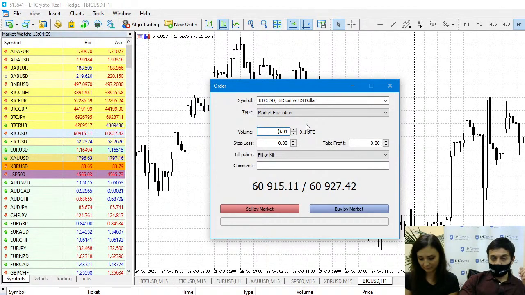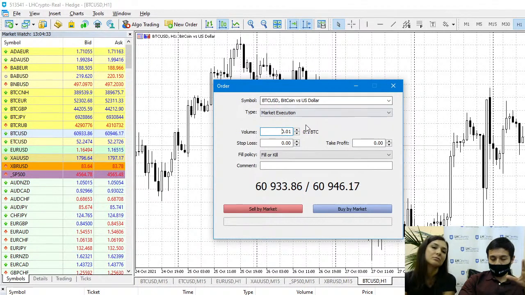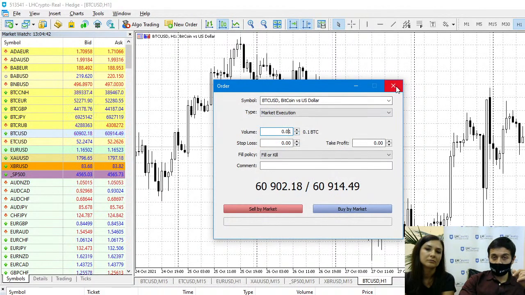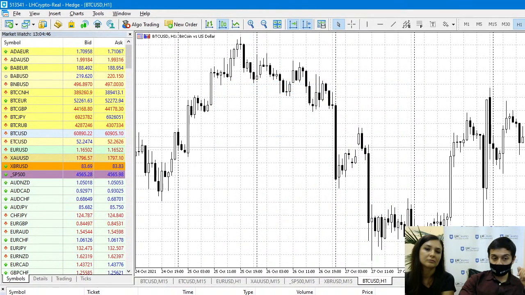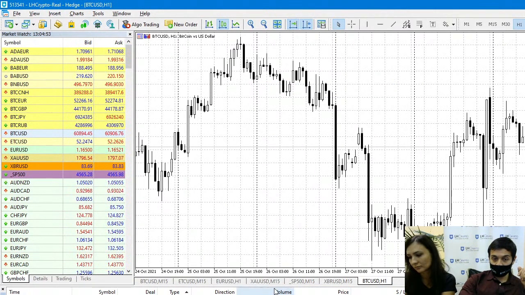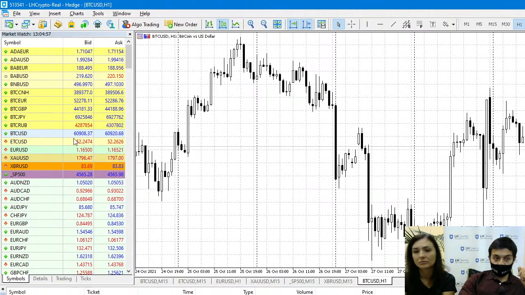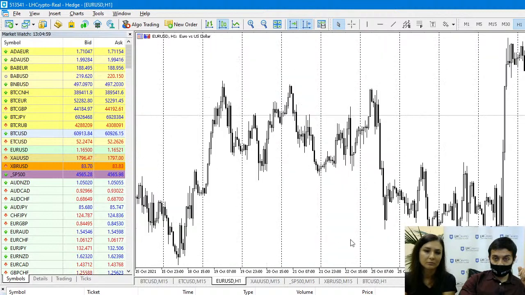and vice versa. So for the BTC example that we've shown you, we've chosen the very minimum, which is 0.01. So whether you buy or sell, it is going to be for 0.01 Bitcoin, which is one full lot. Now in terms of history, you can see the amount of lots there, set under volume. So if we were to go into, let's say, Euro USD,